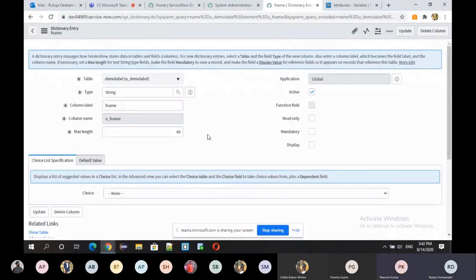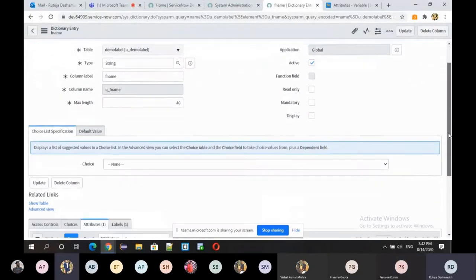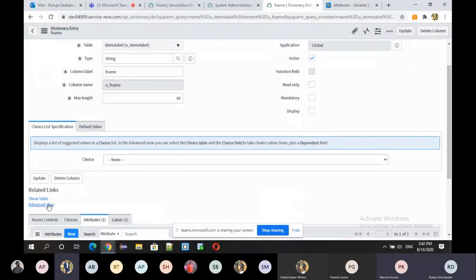Okay. So, Pooja, 1 minute. Guys, can you go onto advanced view once? In the related links there is advanced view. Come down, this one, advanced view.